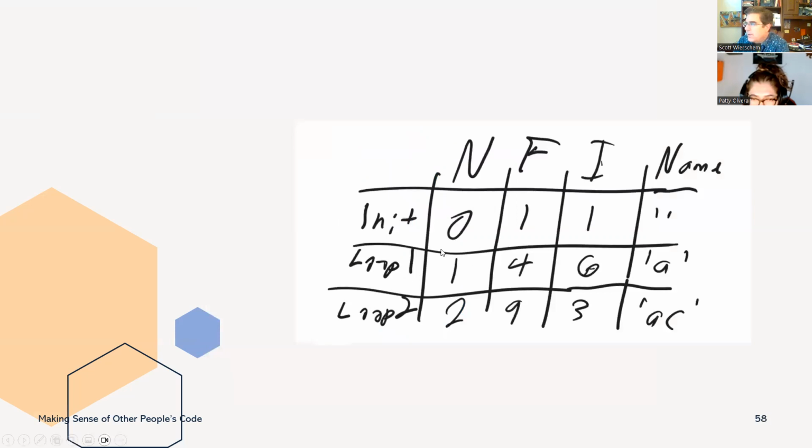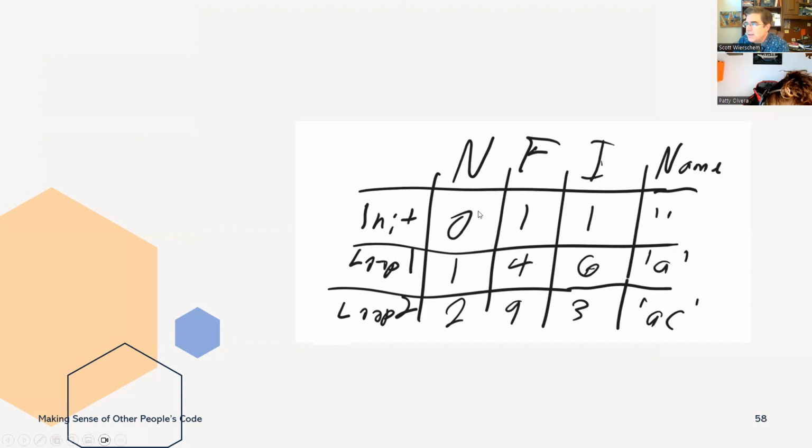Then you've got your shoot, what was that thing called? The state table. So basically, that's just keeping track of the different variables, and you write down the initial value of each, and then the first time through the loop, you can write down how each variable is changed, and next time through the loop, how each variable is changed.